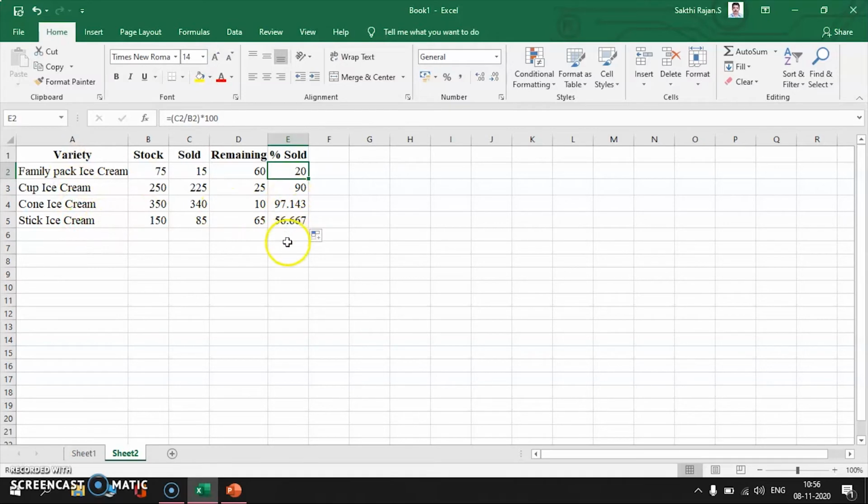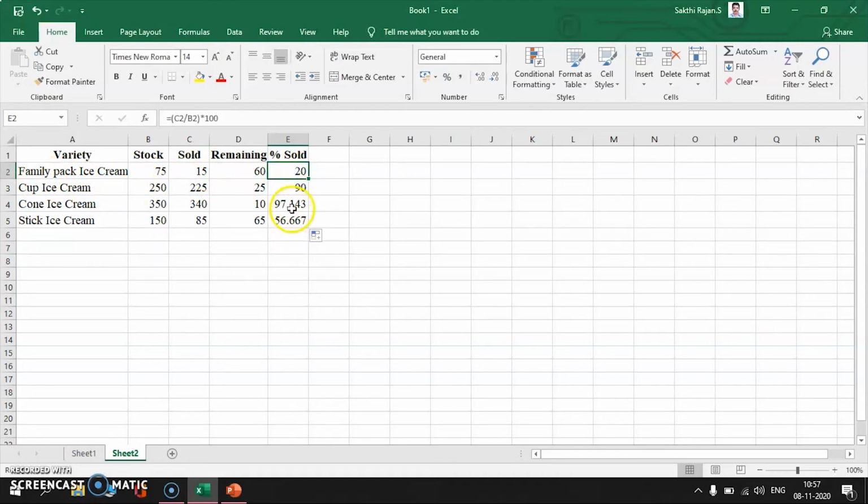Now you see the data, which kind of ice cream is sold the most. So the cone ice cream is sold the most, followed by the cup ice cream. Since 90% of the cup ice cream was sold, it occupies the second place, the third will be the stick ice cream, and finally the least sold ice cream will be the family pack ice cream.